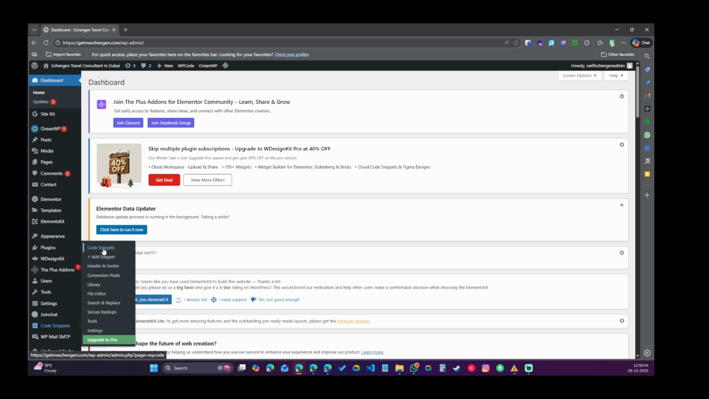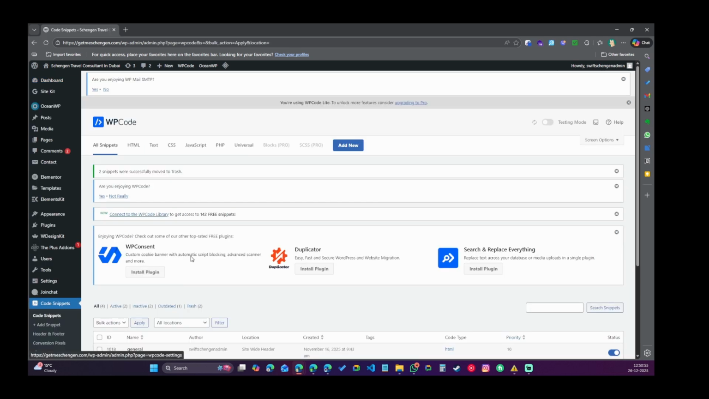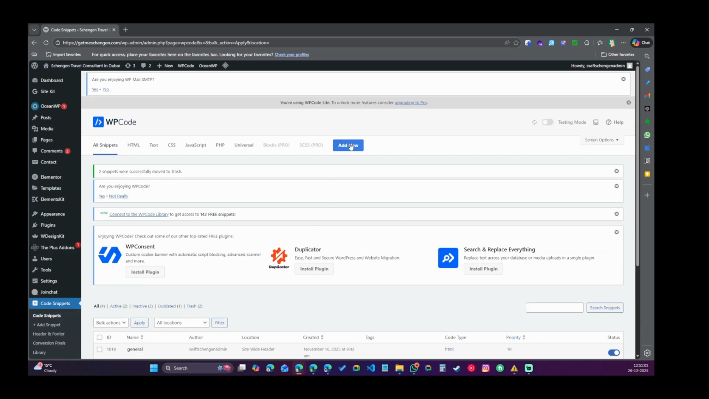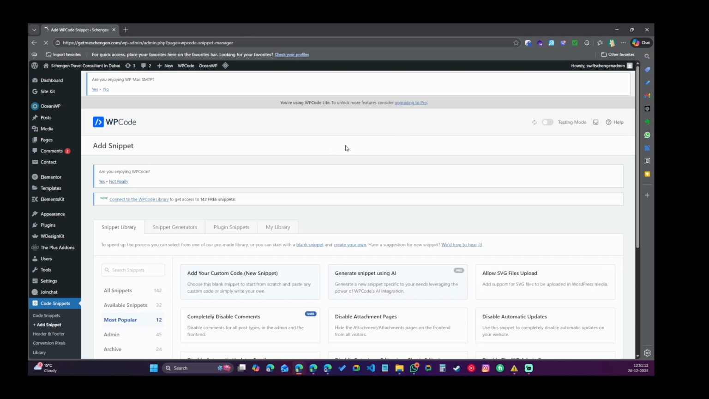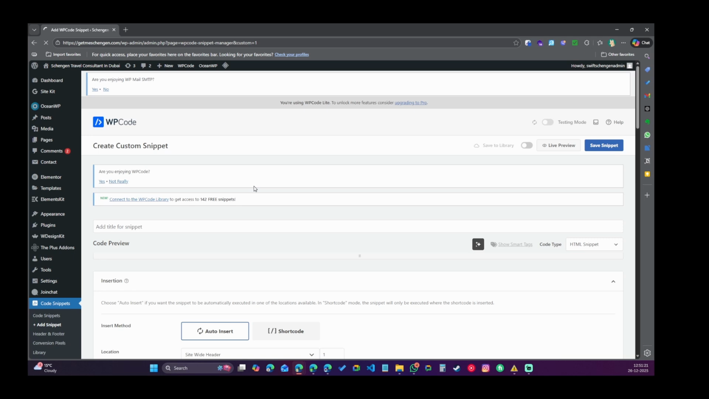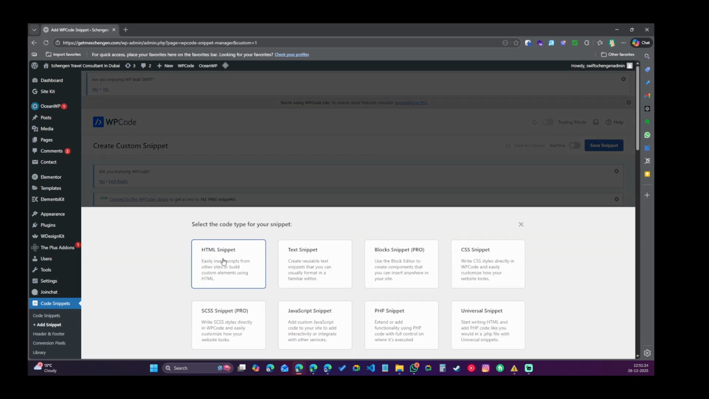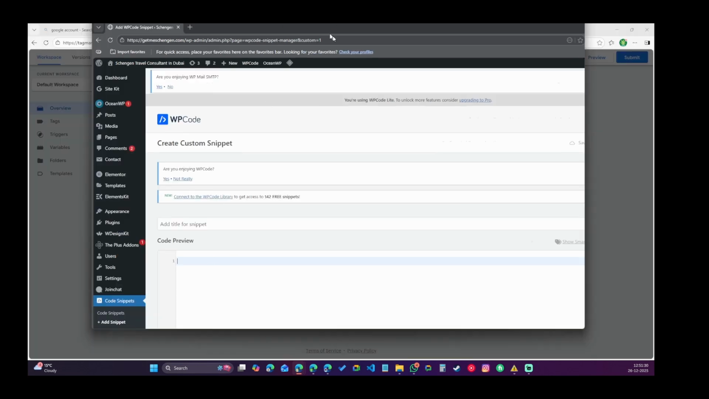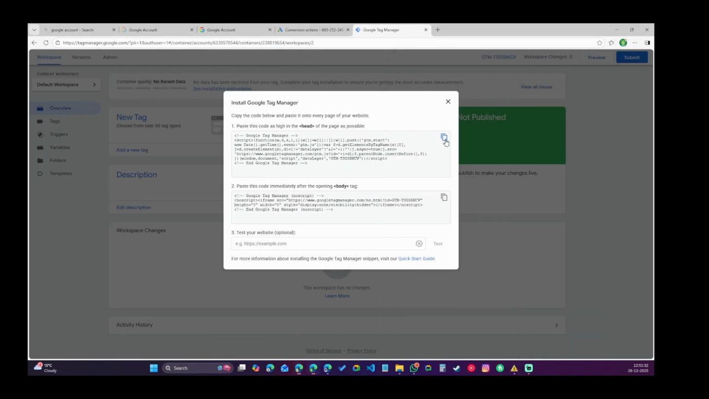I will go to Code Snippet, and let's create a new tag. So I will click on Add New. This is the plugin, WP Code, and inside this, first Code Snippet, and then I will click Add New. Then there is again add your custom code. Nothing else, you have to create a custom code. It will be an HTML snippet. So go to HTML snippet, and then you just have to copy the first code. Just copy this